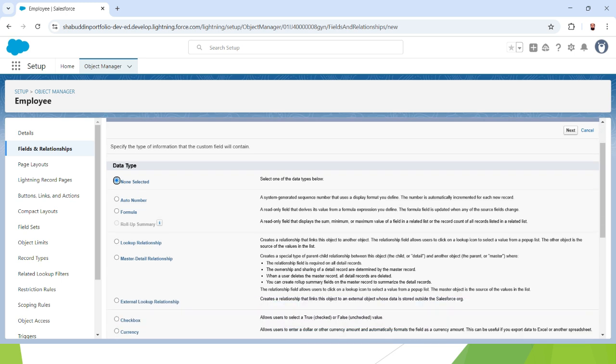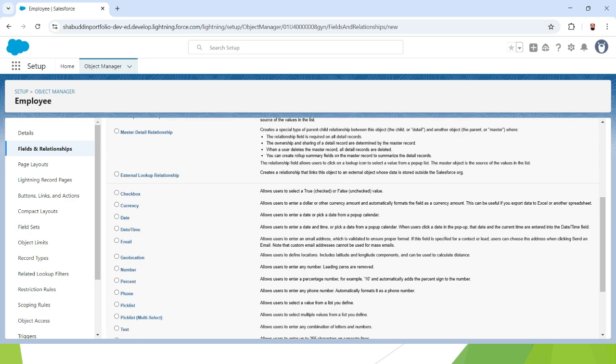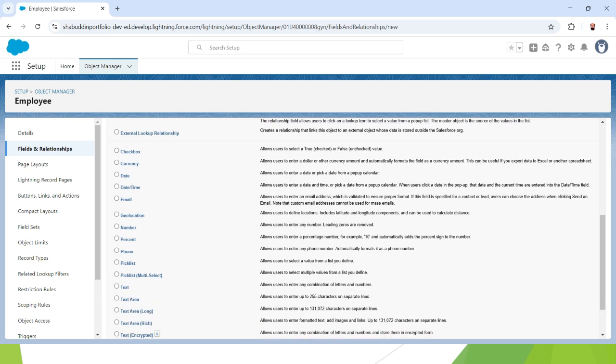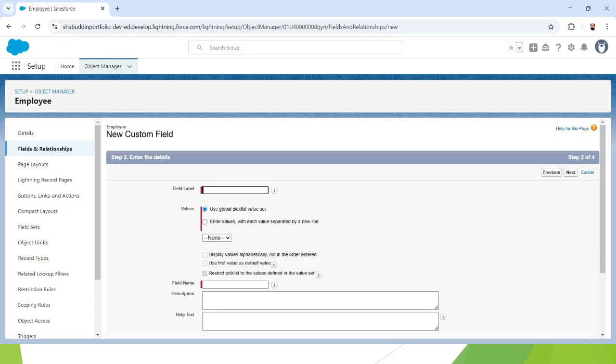Okay, so on which technology the employee is working, where I want to have multiple options from which I can choose. If we have multiple options, we have to go for the data type called pick list. You can see here pick list. This data type you have to select. You can read the description here: allow users to select a value from a list you define. Okay, pick list. Select the data type, click on next,